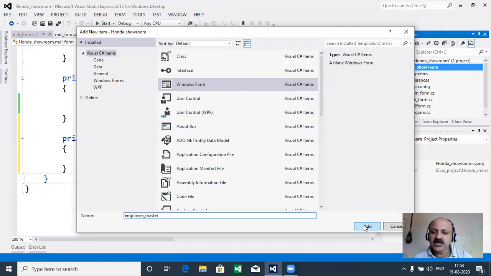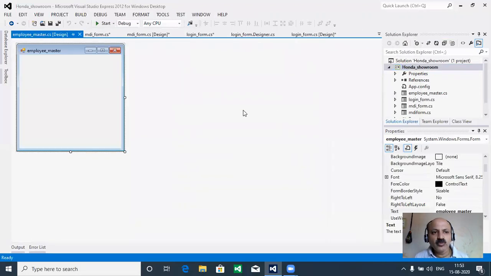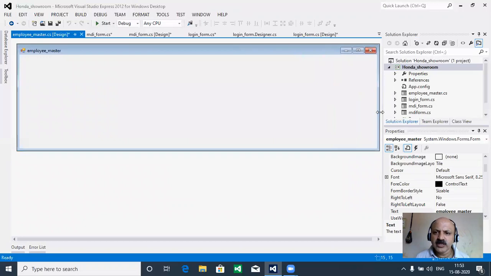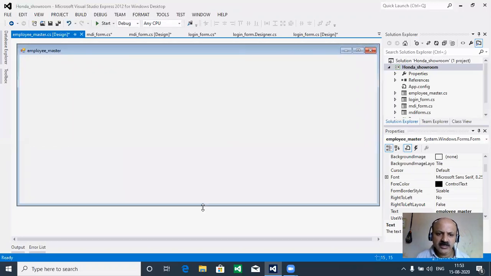But transactions differ, because master data is transferred to the transaction, then goes into the stock, and then your report is prepared. That is the flow and sequence. Here you can check the name for any spelling or typing mistake. So yes, no change, employees underscore master. You can add it, and at that time look at your page, and if there is any problem, we can just increase the width and size here.